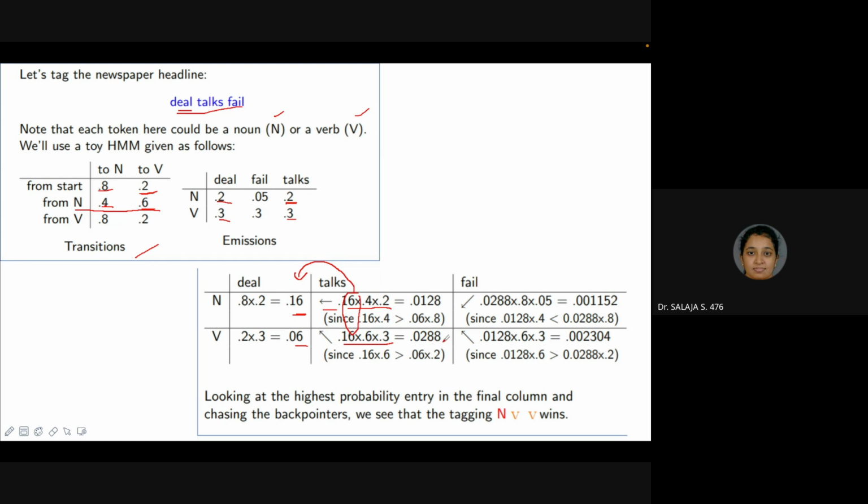0.0288. So now what has happened? Talk is likely to be a verb, and therefore I'll take the highest probability and move on to the next step. Again you have two options. From a verb, fail can be a noun as well as a verb. If it is